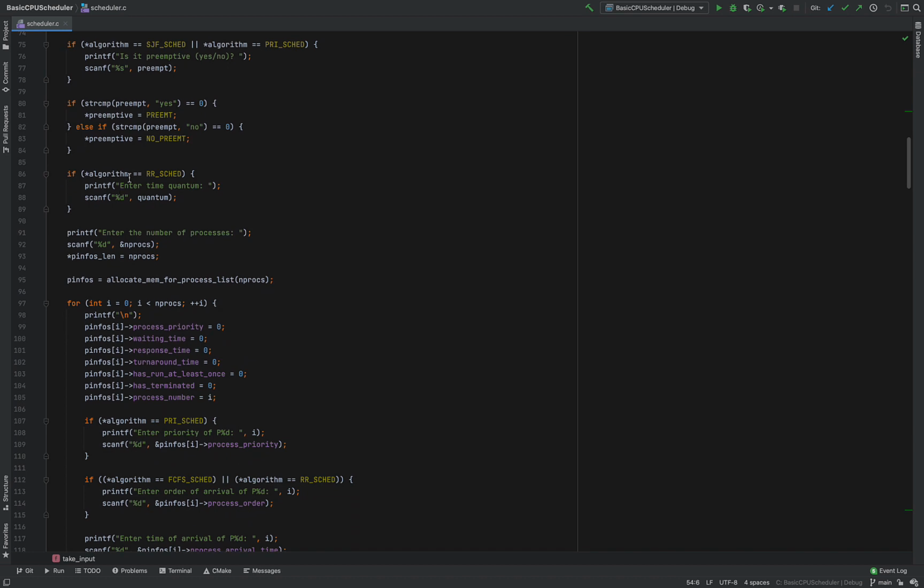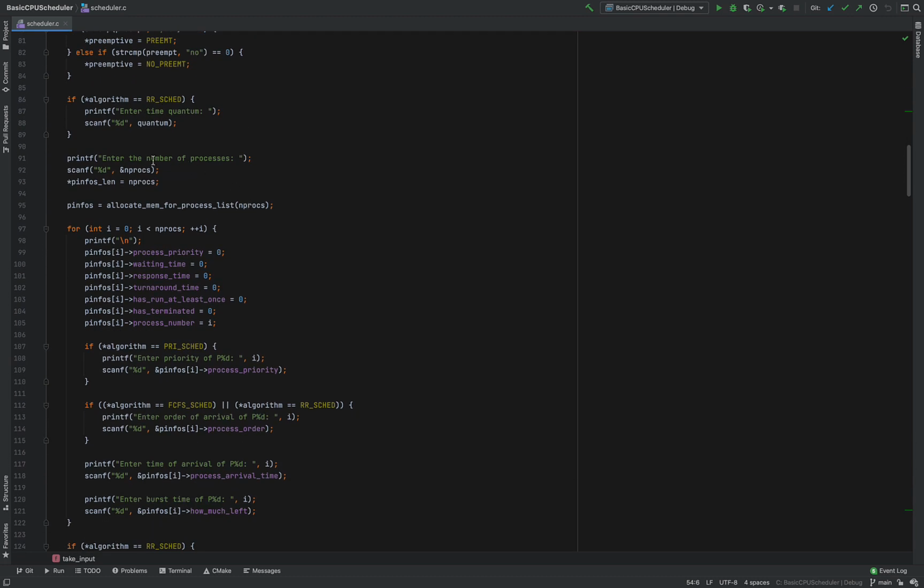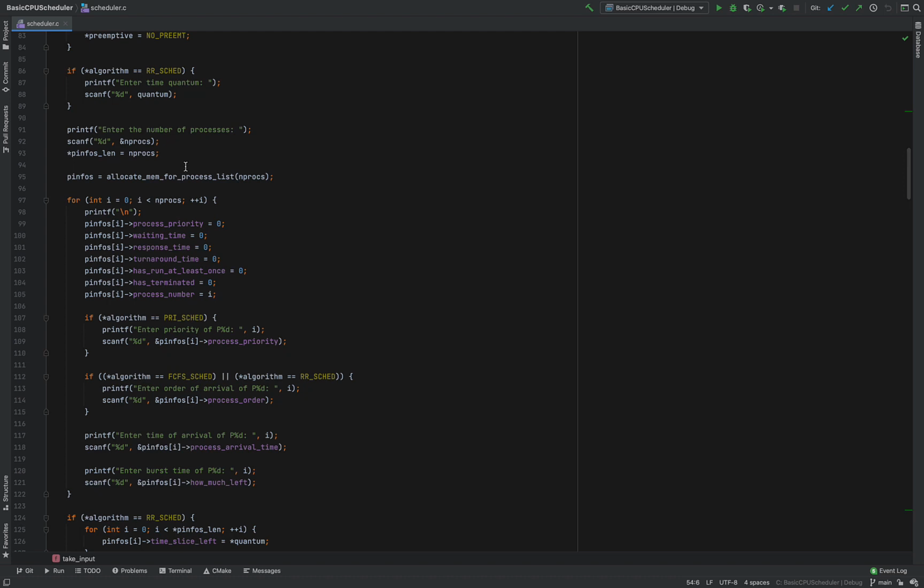Then if the algorithm is the round robin algorithm, then we also enter the time quantum, and then we try to get the number of processes from the user. And once we have the number of processes, we allocate the array that is going to store the pointers to the structures that will store information about these processes. And let me quickly show you how that is going to happen.